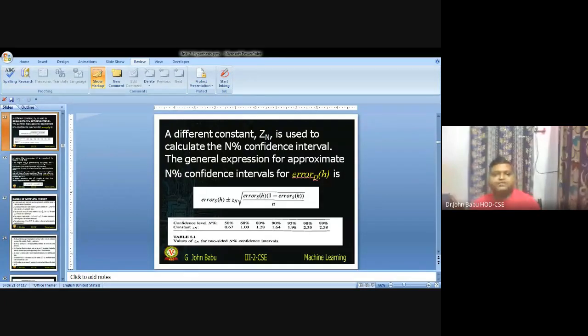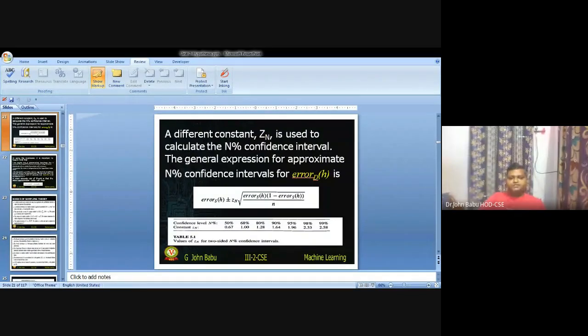And we have seen what is binomial distribution already, and this is the formula for binomial distribution. We have derived this formula also. Probability is equal to n factorial by r factorial into n minus r factorial, into p to the power of r into 1 minus p to the power of n minus r. This already we have derived, and this is the formula we just now used.